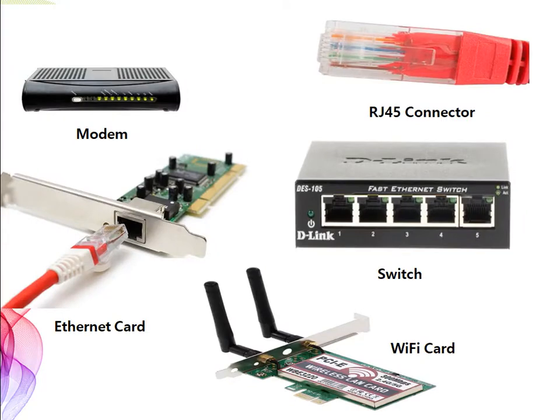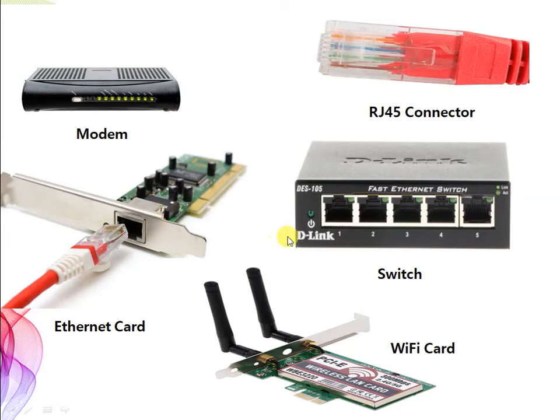So here are the diagrams of some network devices. The first one you can see is the modem. It will be used to connect the computer to the network, to the internet, but it will always use telephone lines. Then it will be called modem. Okay, so modem uses telephone lines. Next we have RJ45 connector. You can correlate this with your computer lab in your school, and you must have seen this type of connector. Then this connector is connected to the Ethernet card. This type of card is mostly pre-installed in your computers and laptops.